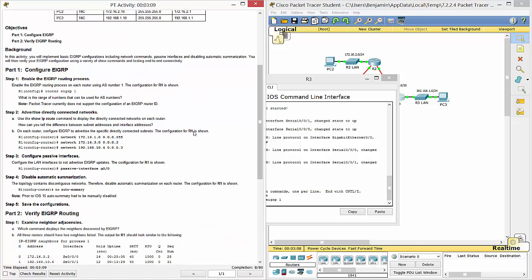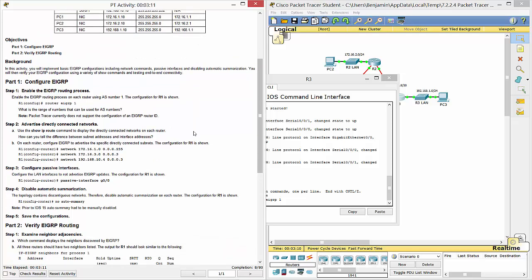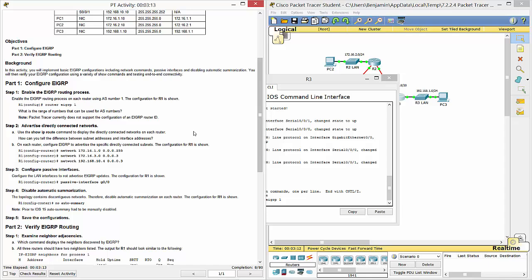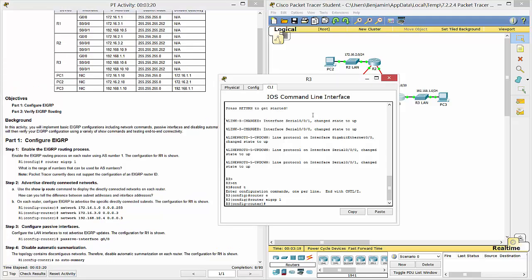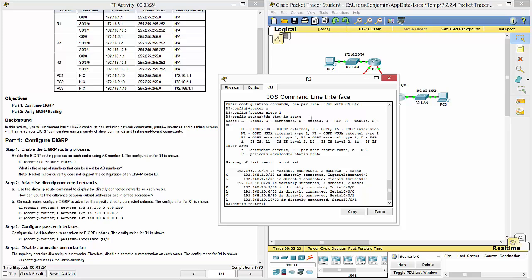Let's see, step 2, advertise directly connected networks. Use the show IP route command to display the directly connected networks on each router. How can you tell the difference between subnet addresses and interface addresses? So let's do a show IP route. So what was the question? How can you tell the difference between subnet addresses and interface addresses? Well,